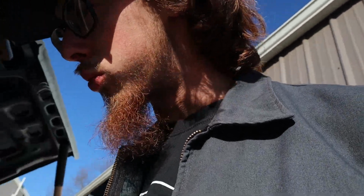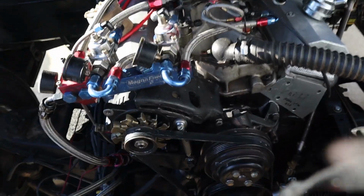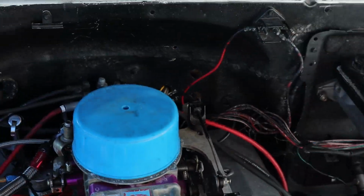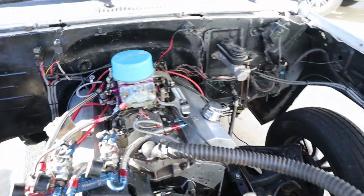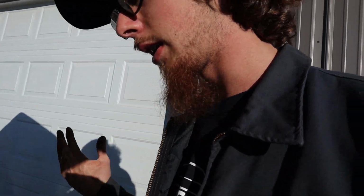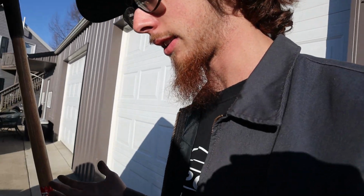So we are going to rob our fuel regulators and our distributor because it's an ultra billet. That way we can start the big block in here and get it running and check it out. We really just want to hear it. Bottom line, we really just want to hear this big old motor. To us, we think 565 is big, but